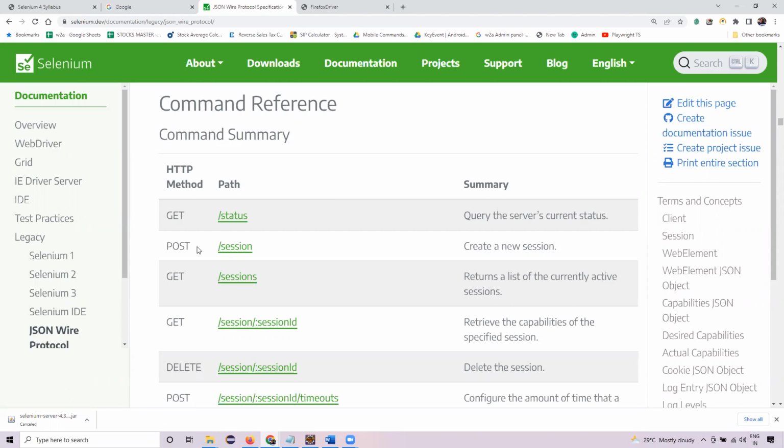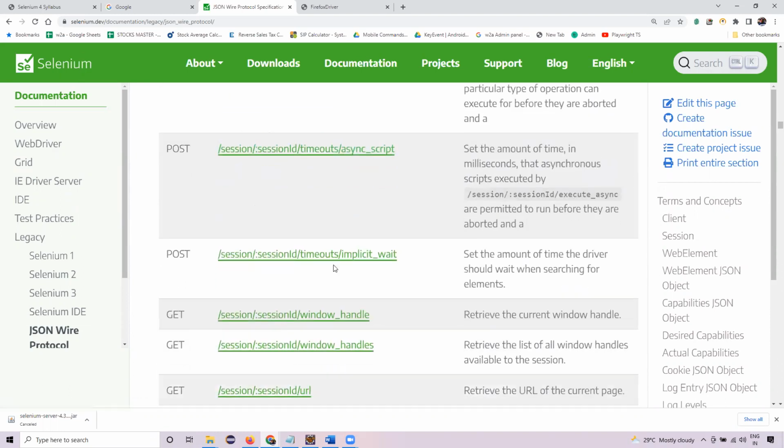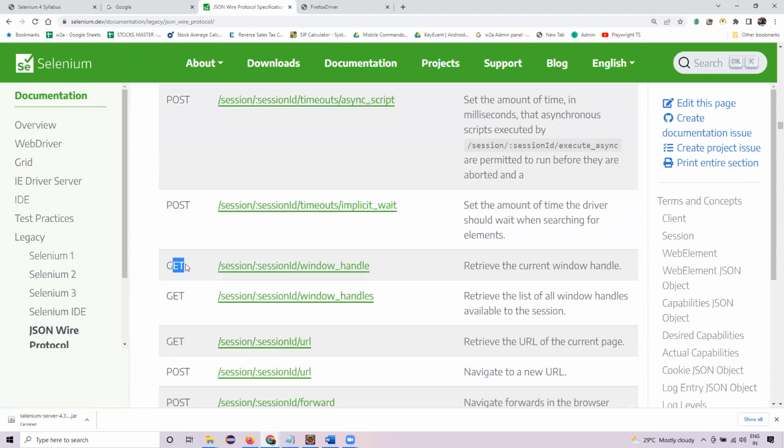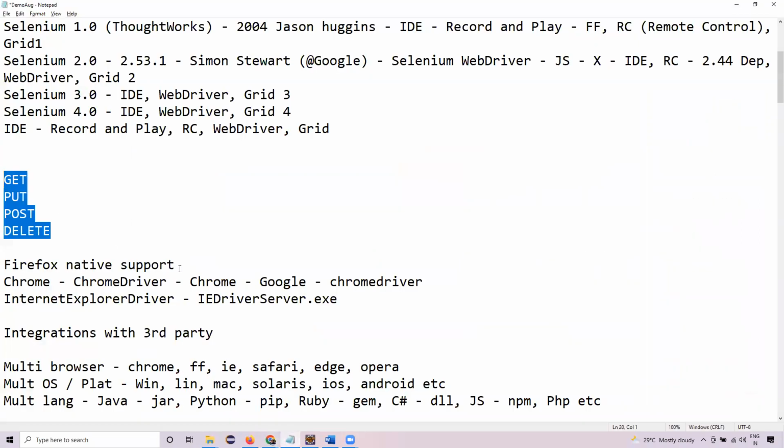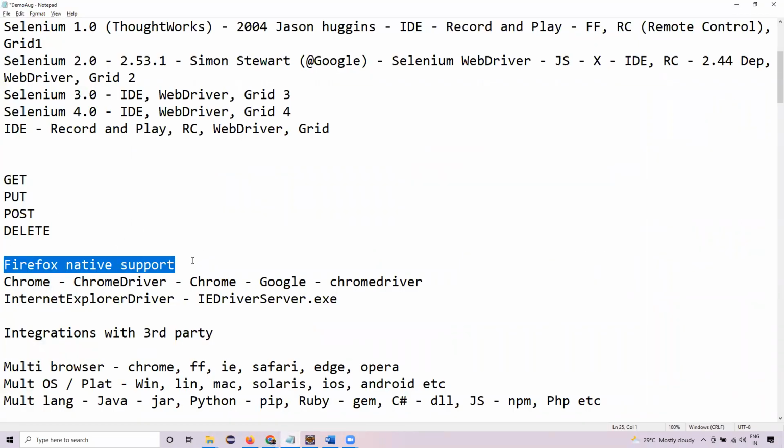Instead of using the coding part, instead of using Eclipse, I can hit these URIs with these post and get methods using Postman as well. So you can see if you want to navigate to a new URL, this is a post request, right? So this is what is happening at the backend of your Selenium 2.0. Not just Selenium 2.0, even Selenium 3.0 is following the same architecture. The only difference between Selenium 2.0 and 3.0 is that in 2.0, there was native Firefox support, but in 3.0,